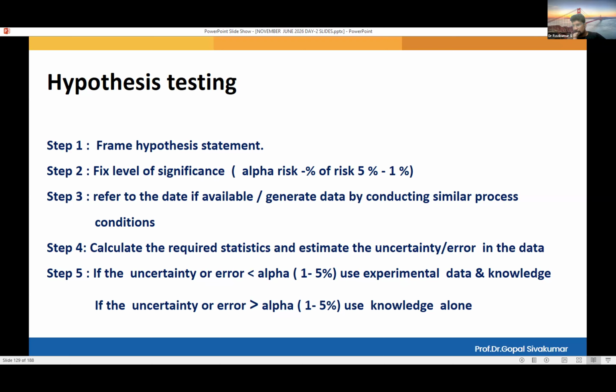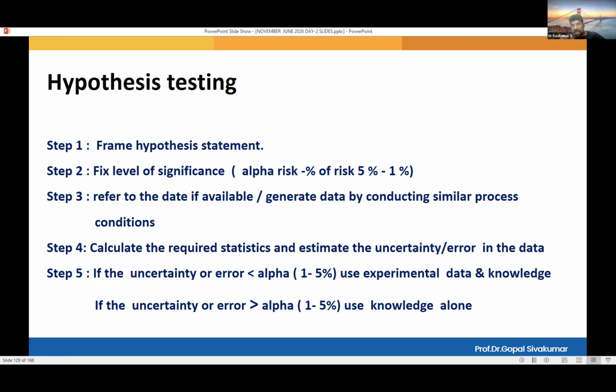For example, in the case of brakes, the acceptable error is less than 1%. In the case of airbags, the acceptable error is 0.01%, because airbags cannot fail. If it fails, the patients will die. In the case of aircraft testing, there is no chance of error. Error should be less than 0.01%. So you are fixing the error before starting the data collection.